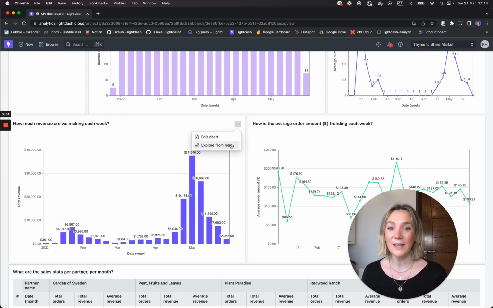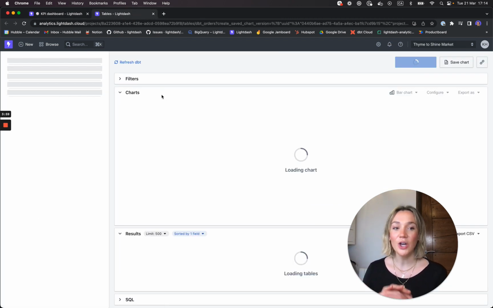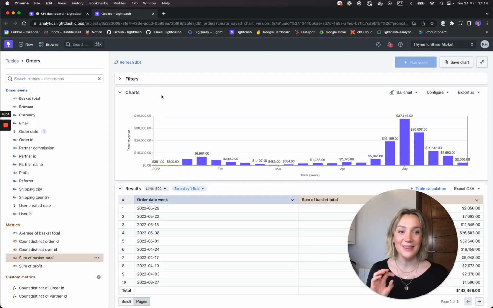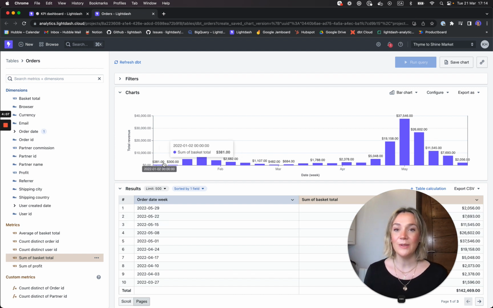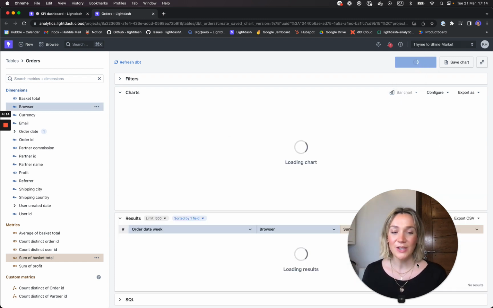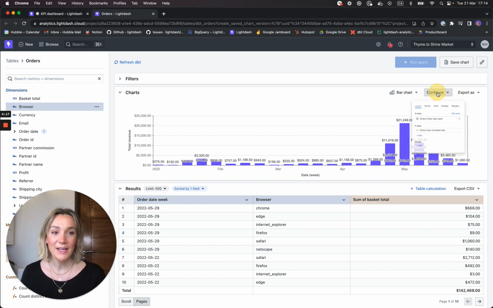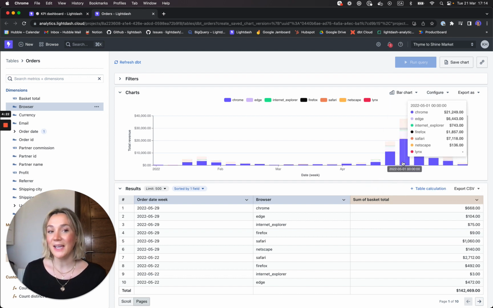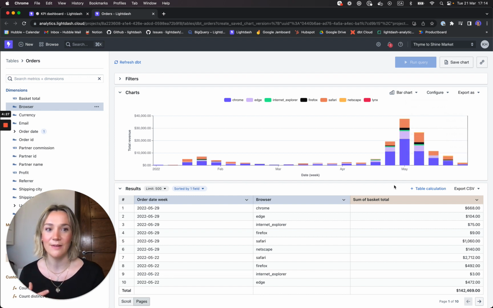And so if you click Explore From Here, what you do is you open a copy of that chart in a totally safe space where you're not affecting the saved chart, that you can tinker with things and build on top of that chart. So here we see the revenue over time, and I want to know how that revenue's split by browser type. So I can add the browser type, I can configure my chart to add that as a group and stack them, and now I can say to my engineering team, hey, Chrome is the most important browser that brings most of our revenue,